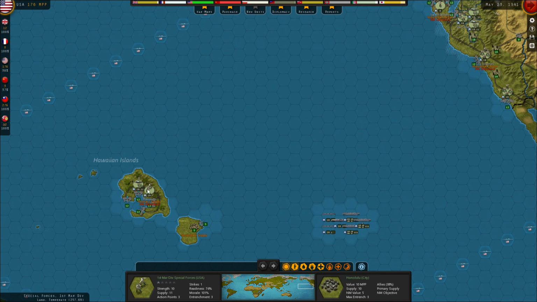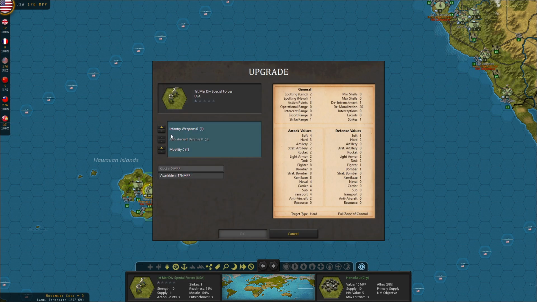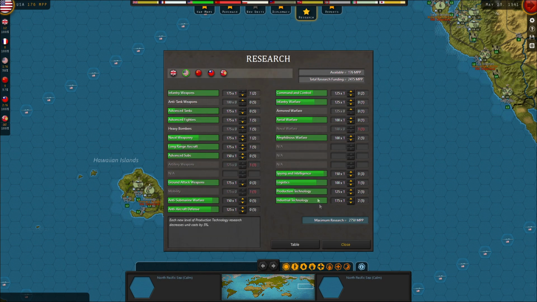I don't know. We could also take the points we have right now and put that into upgrading our current infantry, which are not going to need mobility anytime soon. Let's see. Attack value, anti-aircraft. Okay, no defensive value. The thing about the infantry weapons here is it's only going to benefit them if the Japanese were landing and attacking us. So it's not something that we actually need to upgrade anytime soon. So I could just research into other things, because America just has the ability to do a ton of research. I think I will do that, but what I'm going to do right here is